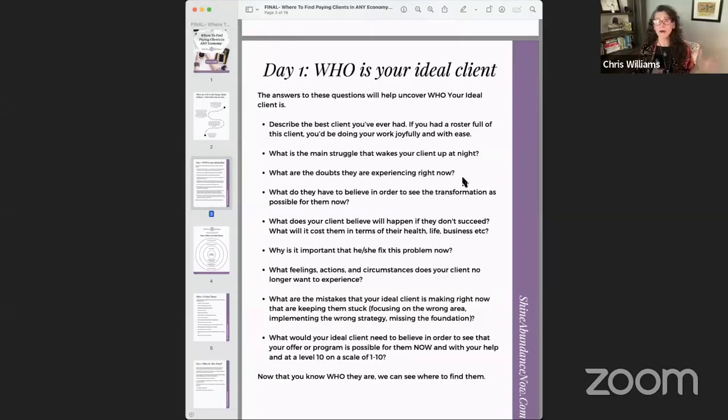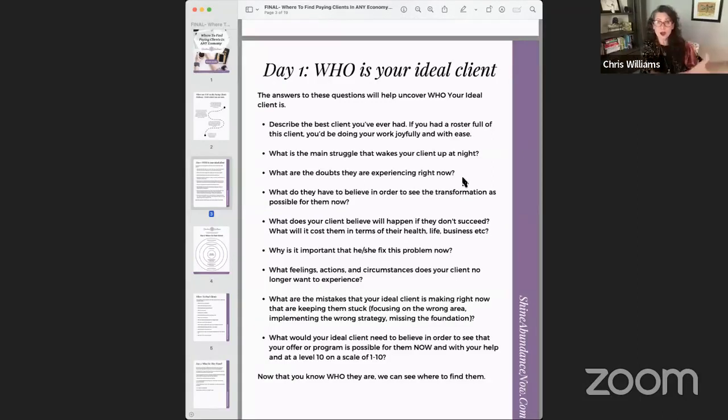These are some critical pain points to help us uncover. What does it look like for her right now on Pain Island? I like to think of this as my client right now and all of her struggles, the struggles that are waking her up at night, the mess that she's experiencing right now, the fear that she won't succeed. All of this is happening for her right now on Pain Island. My job is to help her see what is possible for her over here on Pleasure Island. And that is the transformation. That is a result that she gets to walk away with by working with me or by working with you.